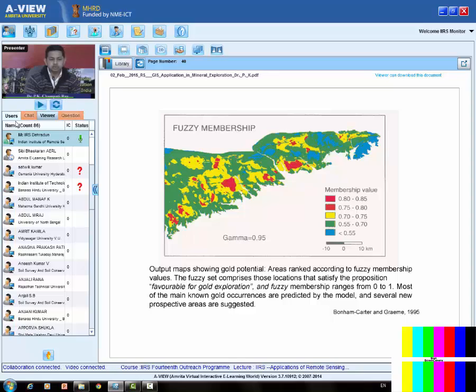Is it possible to find a trace element data analysis using remote sensing GIS? I am not able to get this question correct. If I guess, it is about how you can do the trace element data analysis. So what do you mean by trace element? Which are the trace elements you're looking for? If you further clarify, because all these minerals we are looking at, for example, the gold, or they are at the